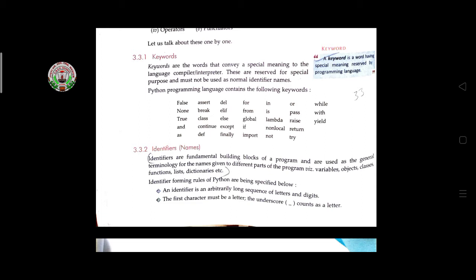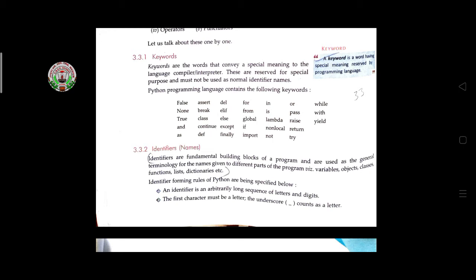Then identifiers are fundamental building blocks of a program and are used as a general terminology for the names given to different parts of a program: variables, objects, classes, functions, lists, dictionaries, etc. Identifier means you first have to give the variable name, and also classes. While initializing the variable name, classes and objects, you have to follow some rules given here.